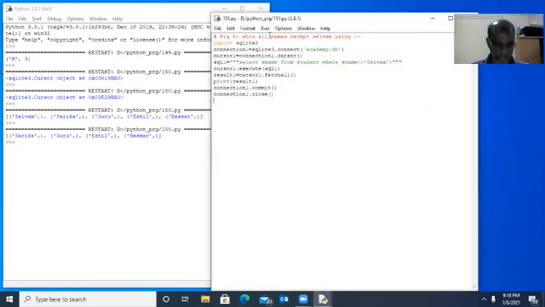To show all the names and average, where the average is between 90 and 100.